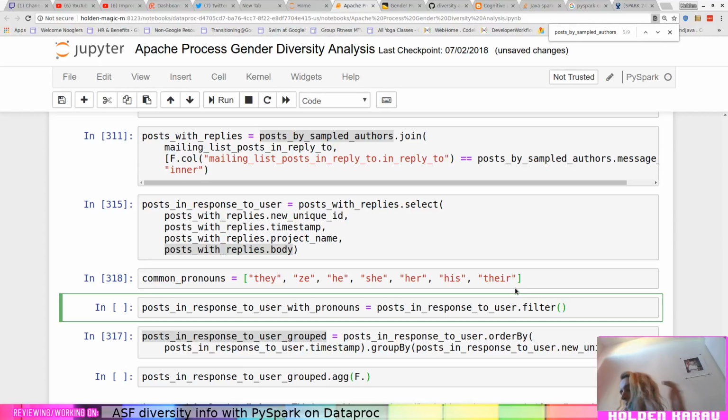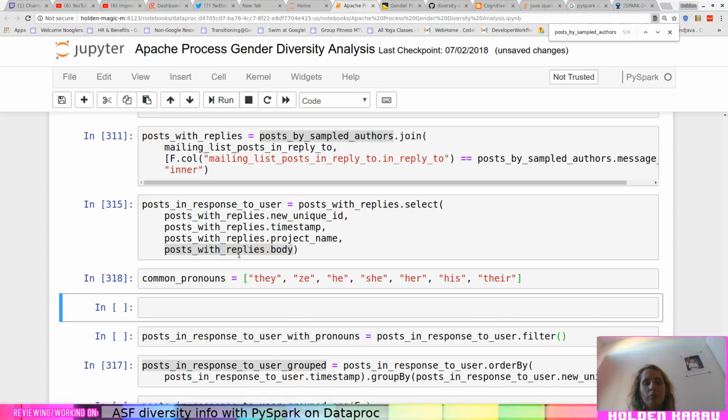I could tokenize this. I'm kind of lazy though. Oh, okay, cool. That's probably the dog.